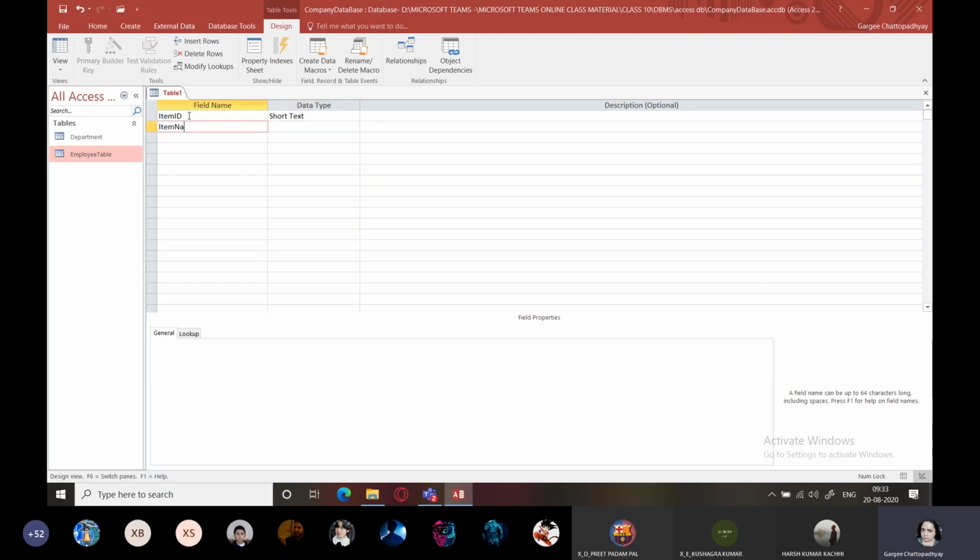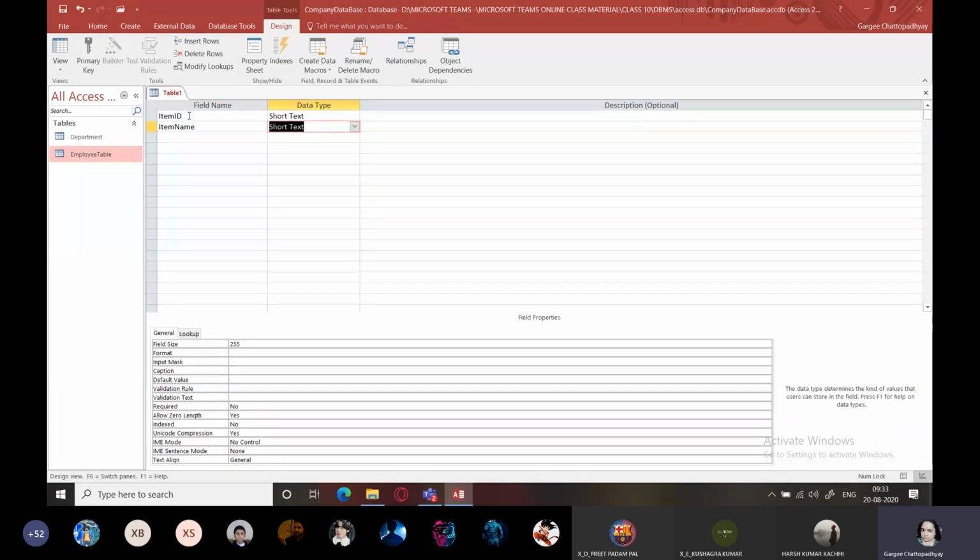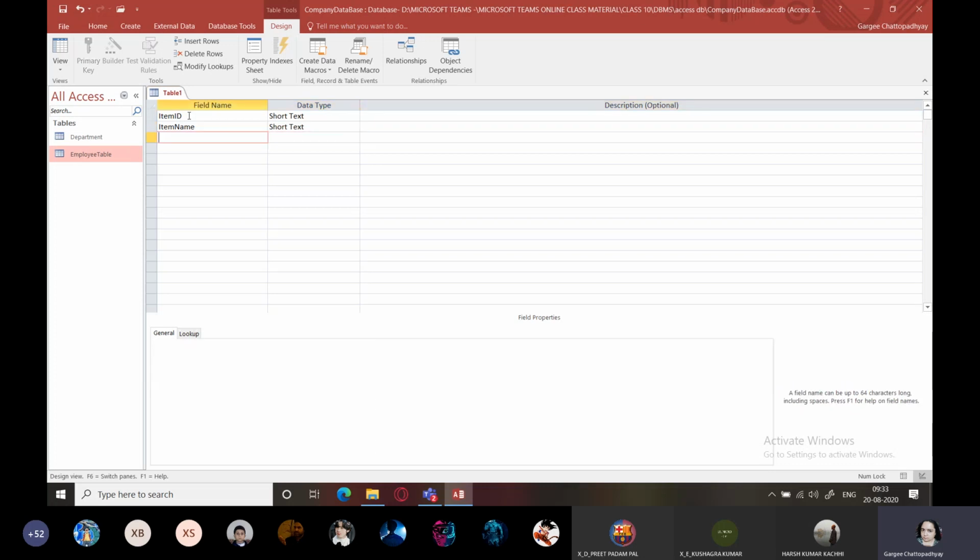Then next is item name. Students, if you are thinking that I can use auto number for I1, I2, I3, then you are wrong. In auto number, you can only use numbers, not alphanumeric values. The moment you attach an alphabet with a number, it becomes alphanumeric. Then we have category.